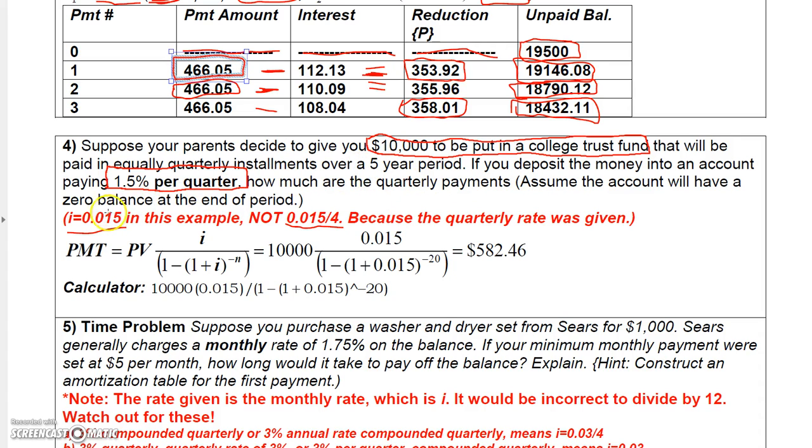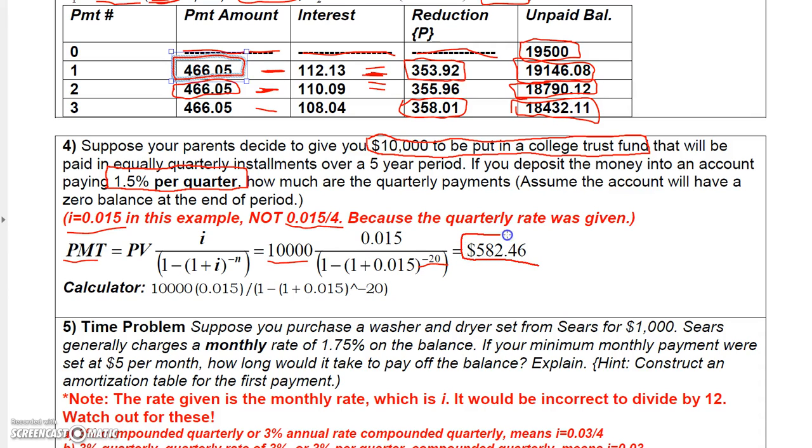Okay, now basically we want to know what payment you can withdraw from this account so that it'll have a 0 balance at the end of the 5 years. So we take our amortization formula, because that's what we're using here, and we want to find the payment. The present value is $10,000. I is 0.015, and then the denominator in parentheses would be 1 minus (1 plus 0.015) to the negative 20. Of course, it's 20 because it's quarterly payments over a 5-year period, and 5 times 4 is 20. And then when you put that in the calculator, you're going to get